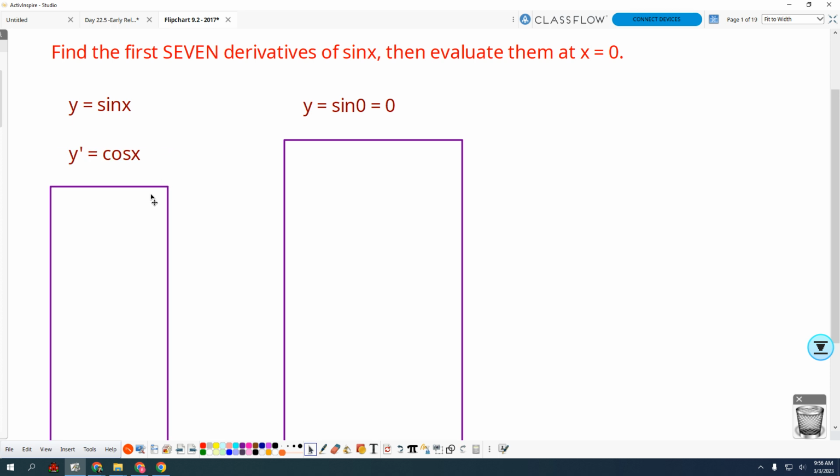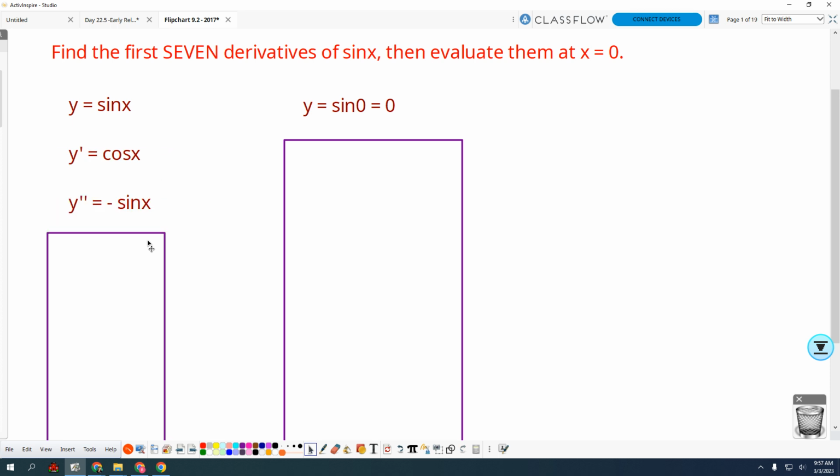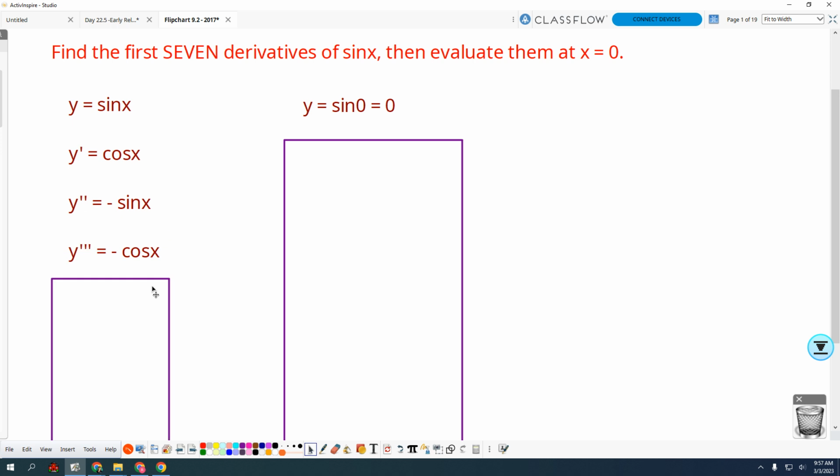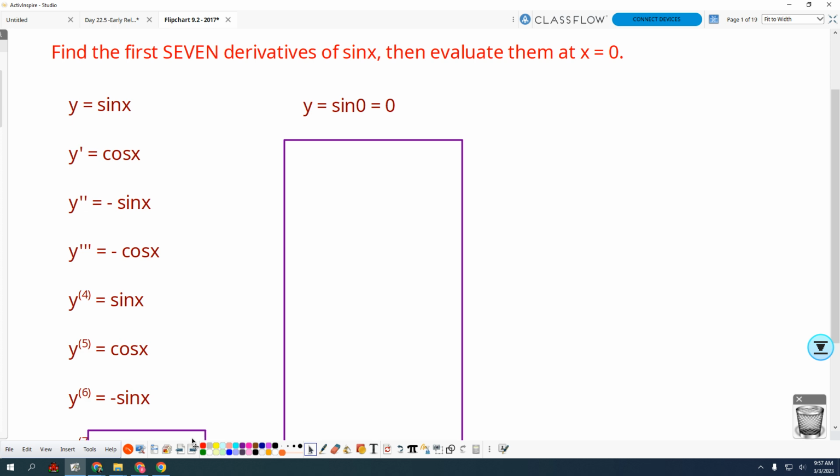Derivative of positive cosine. And Luke, how do we write the fourth derivative again? Just with the parentheses, the number in parentheses. And then we're back to sine, and the derivative of sine is